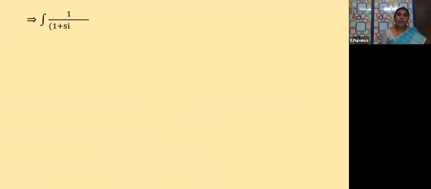Integral of 1 by 1 plus sin 2x dx is equal to... what is the last step we have seen? 1 by (sin x plus cos x) whole square into dx. Now what is the next step? Again here we got a term where plus is there in the denominator, where you cannot divide into separate integrals. So how can you proceed with the sum? Let us see. Here is one interesting thing we are going to do.